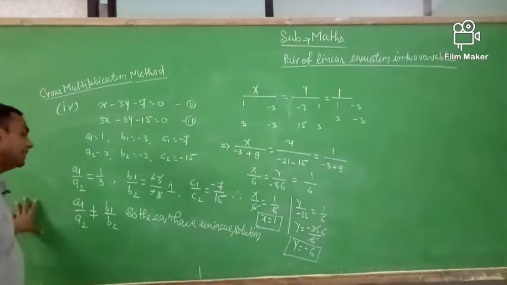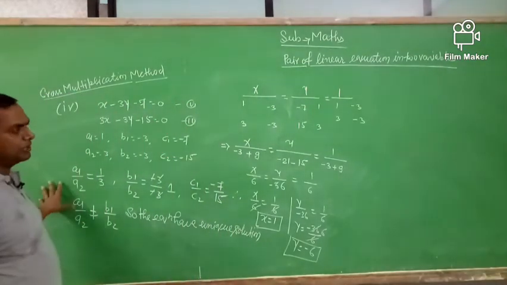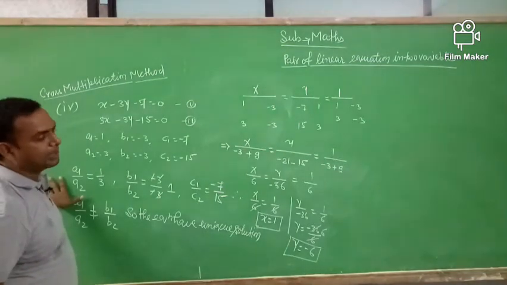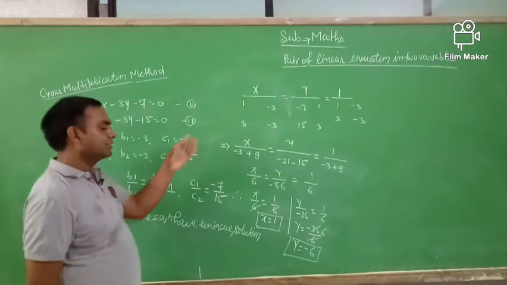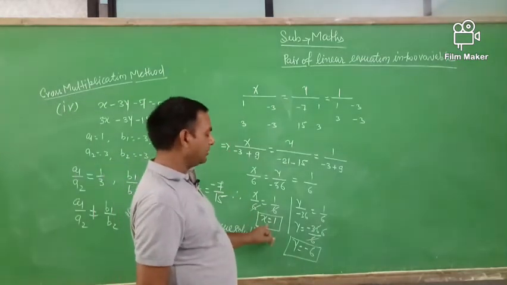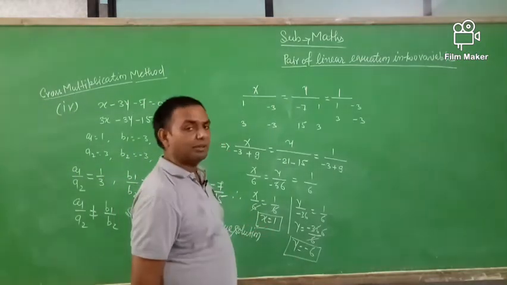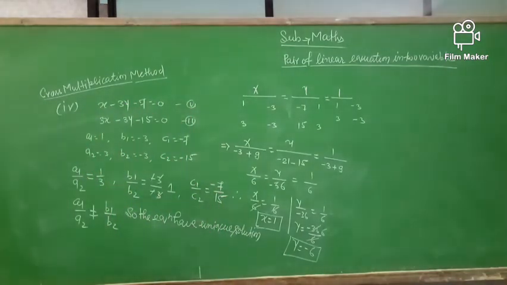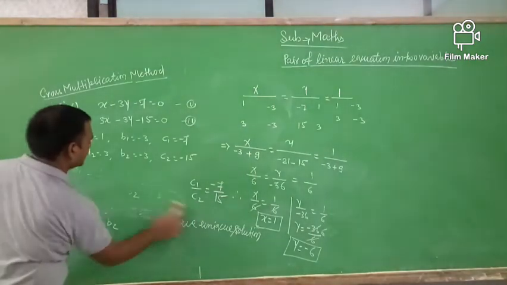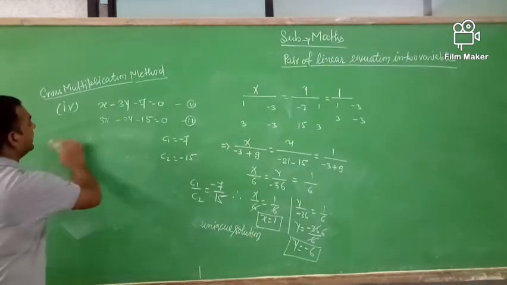So first you prove whether the equation has a solution or not. After that you can apply the cross multiplication method, and you can easily solve this equation. Here the value of x is equal to 1 and the value of y is equal to minus 6. Okay, I think all of you understand. Next question, some questions are also given. So we solve the next question.